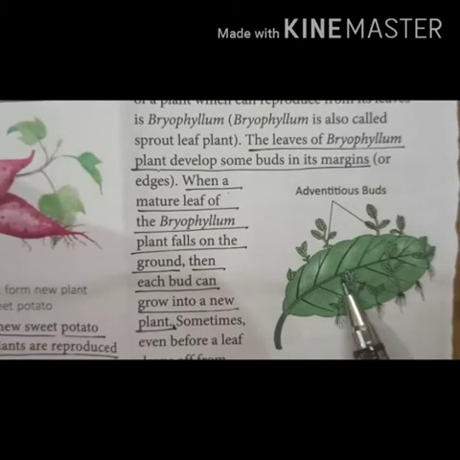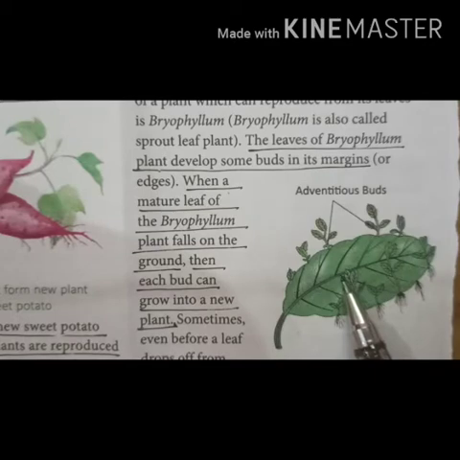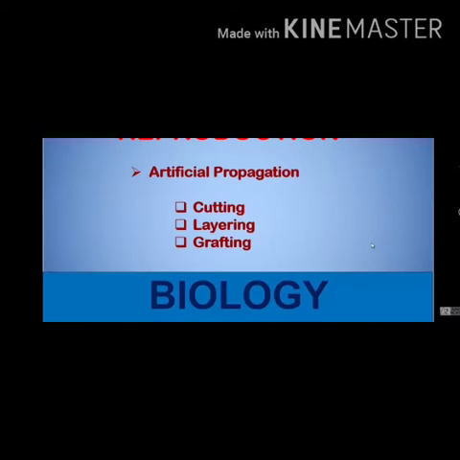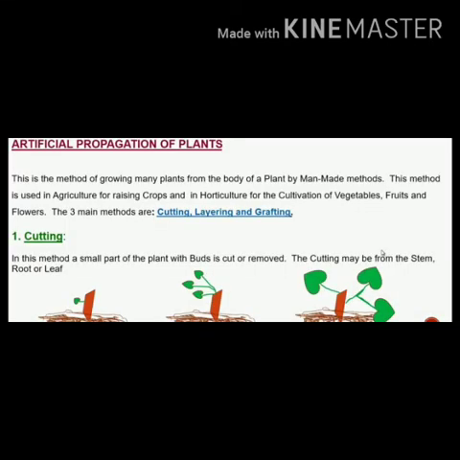Now another example of vegetative propagation by leaves is begonia. In the begonia plant also, buds on leaves grow into a new plant. Okay, now today we discuss the artificial methods of vegetative propagation. Now all of you know, farmers, gardeners and florists use artificial methods to produce many plants that are exactly the same as the original parent plant, right? And then they grow many plants from one plant at a much faster rate.